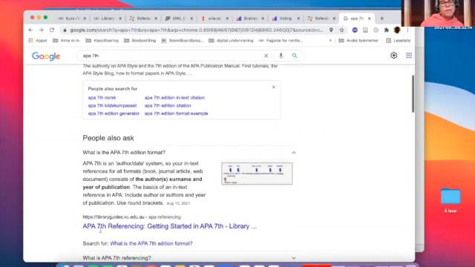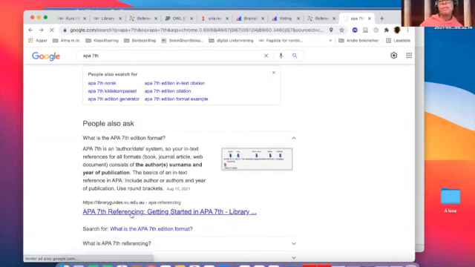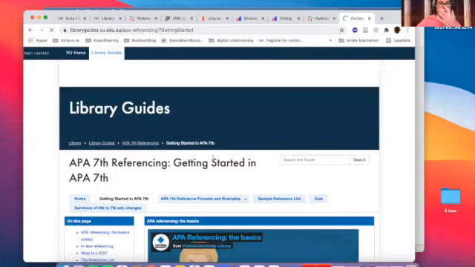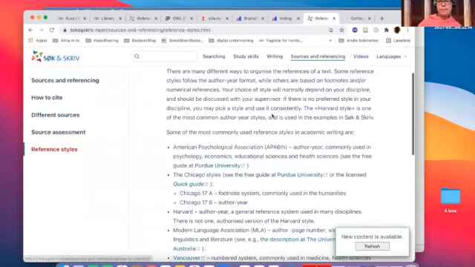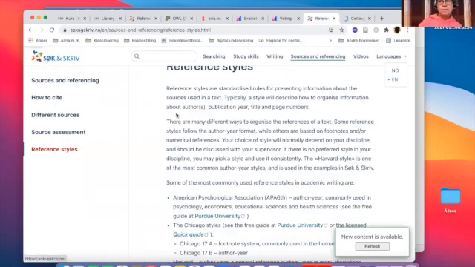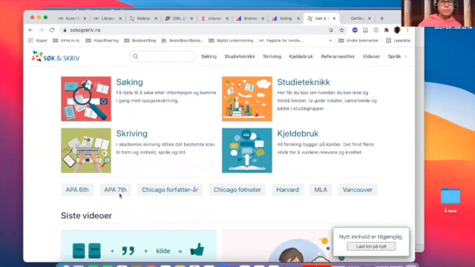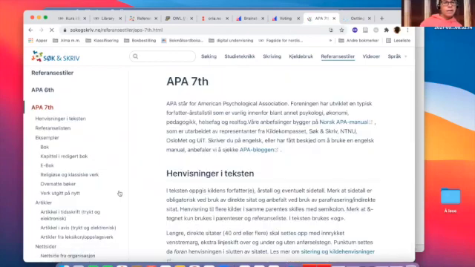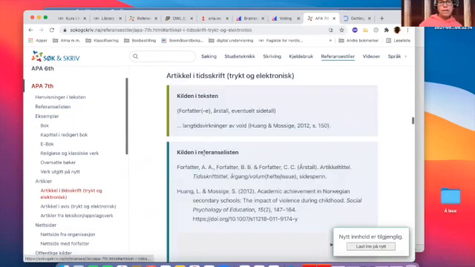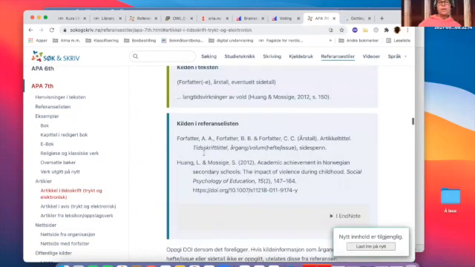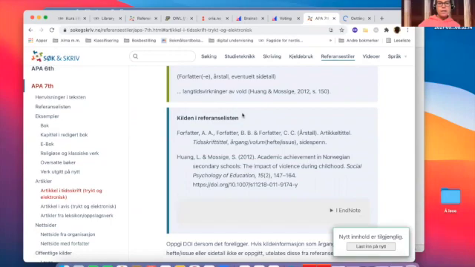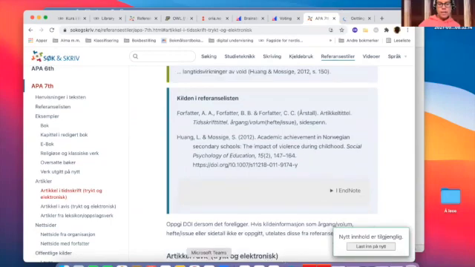See here, this would be a good one getting started. Just to double check that you get the right information, I'm gonna just real quick go to the Norwegian. Article. And here we have,